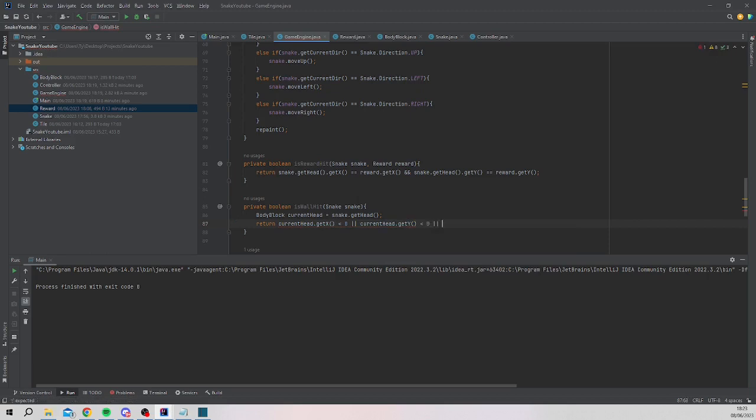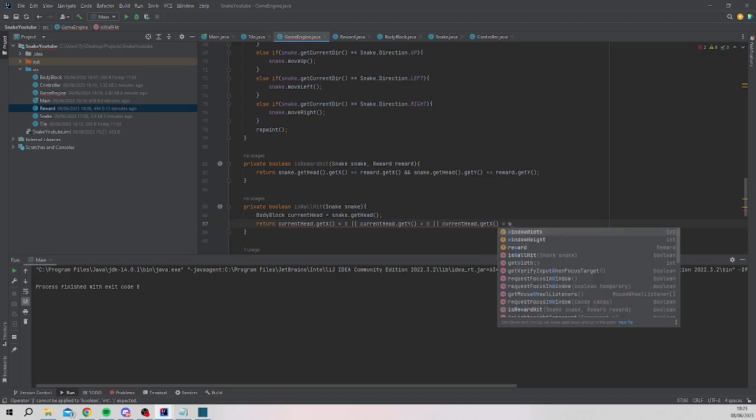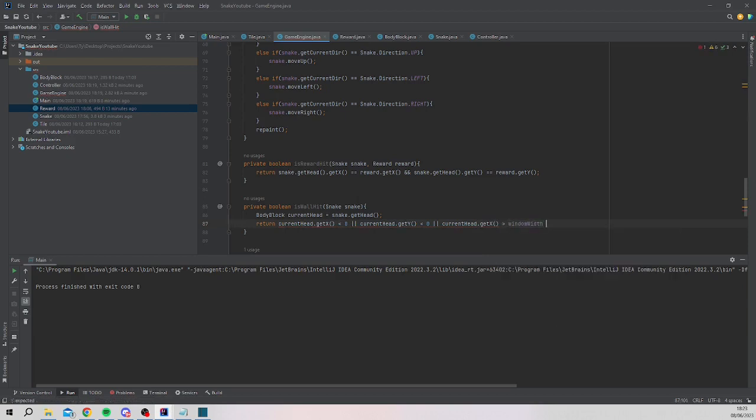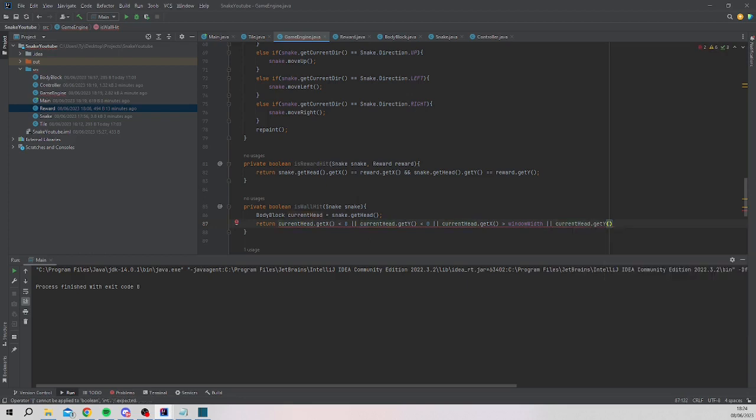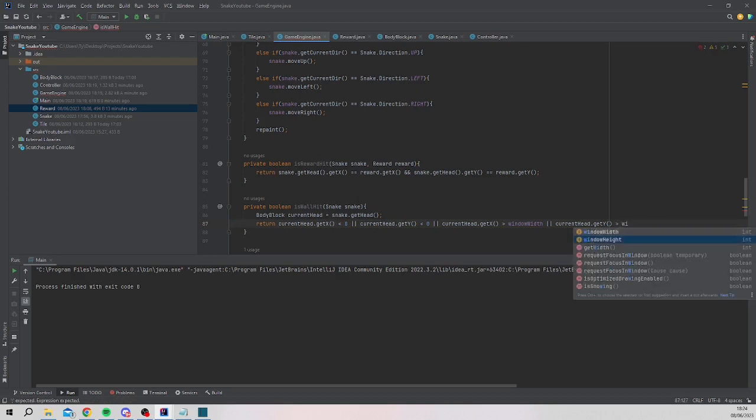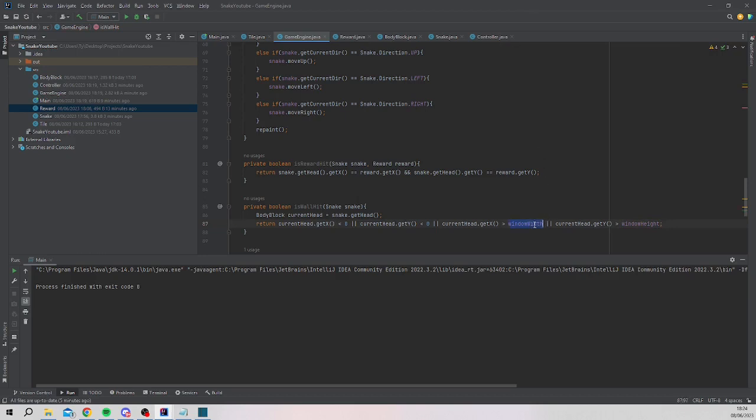or current head dot get x is greater than window width, or current head dot get y is greater than window height, like so. Now we do have to kind of be careful with these two statements here, because even when it's outside,